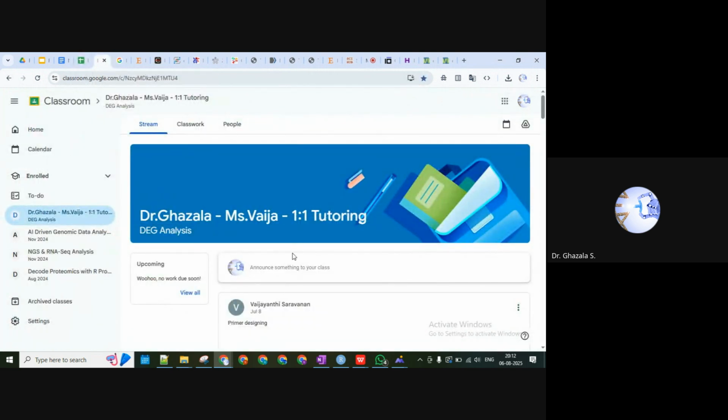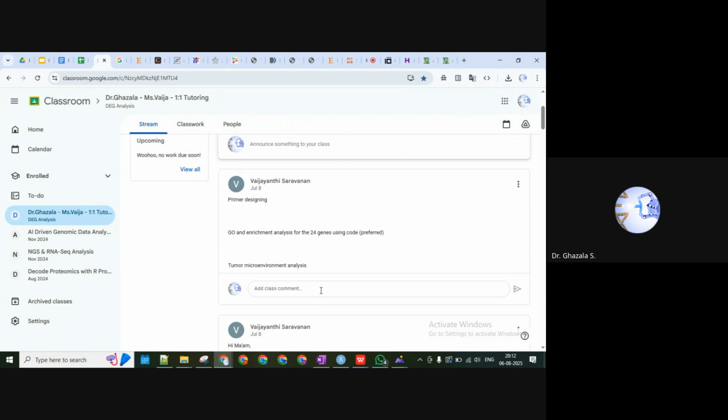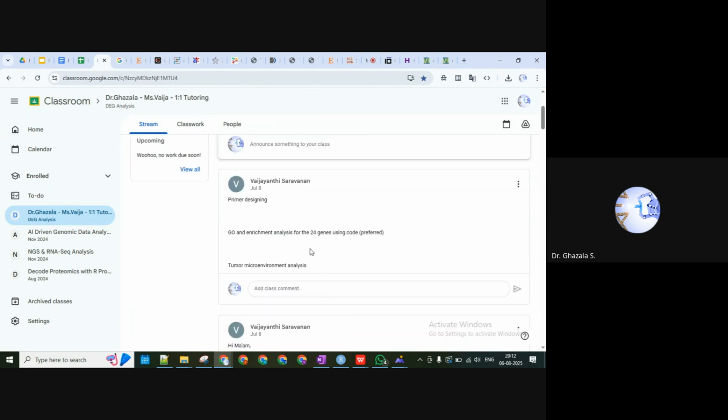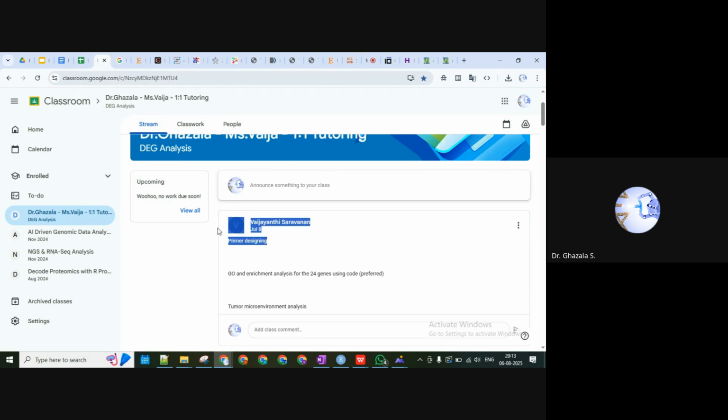Otherwise, we are losing track already. It's been so long, and now it's almost going to end. So now it's no problem, but if it was regular, it would have been totally fine, so that we could be on track and complete it much sooner. Okay, so hope that will work. Primer designing is left only. If there is any query from this particular session, you can drop it in the classroom and mention it in a message. I will answer it back to you. Okay.